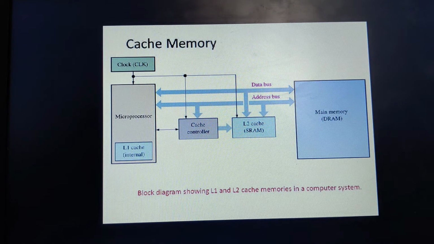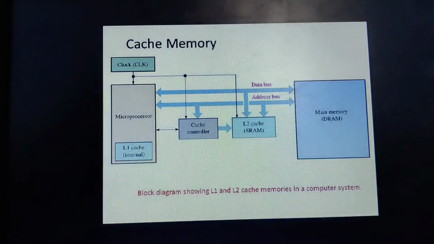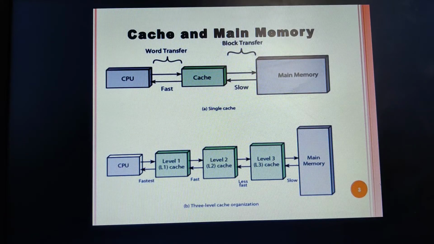L3 cache memory is a special kind of memory that we usually see in high-end processors, okay, like Intel i5 or i7 high-end processors. We are able to see this L3 cache memory, whereas the earlier processors didn't have this L3 cache memory.